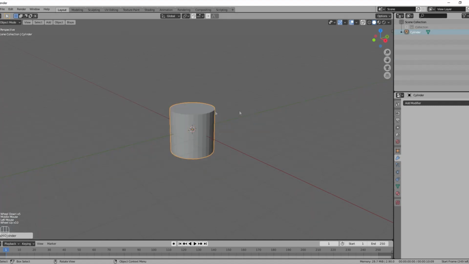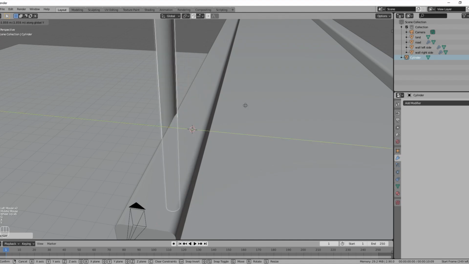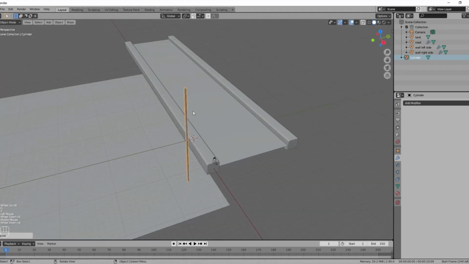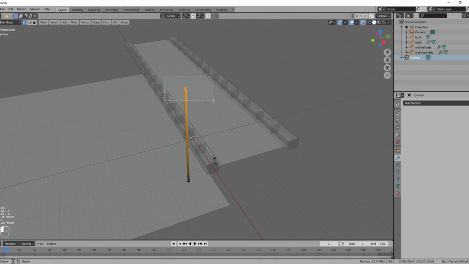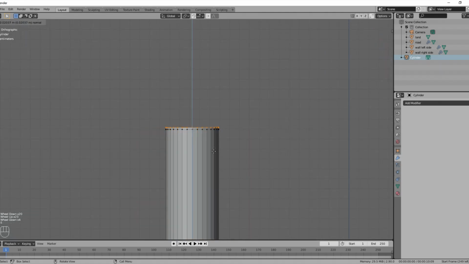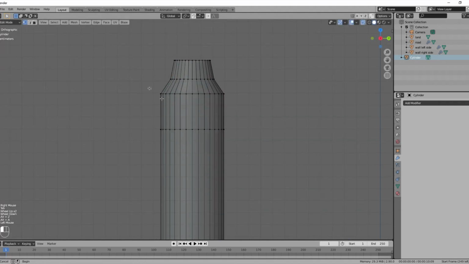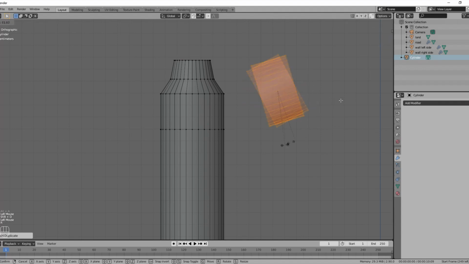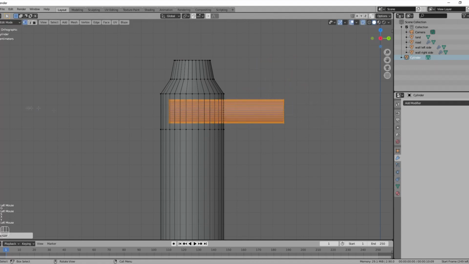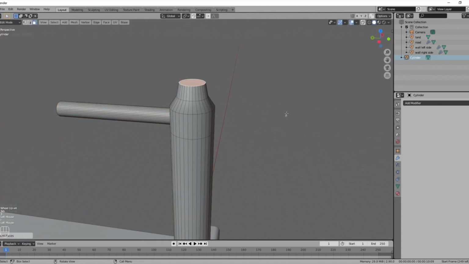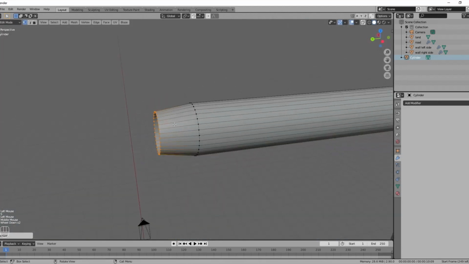It is very easy. Just scale the cylinder up on the Z axis and also scale it down a bit to make it thin by pressing Shift+Z to scale it on all axes except the Z axis. And then for the top of the pole, just extrude it and scale it down a little bit. And then for the lamp holder, I am going to duplicate part of the cylinder, and after orienting it correctly I am going to scale it up on the Y axis to make it a bit longer. And then select the outer edge loop and scale it down a little bit.